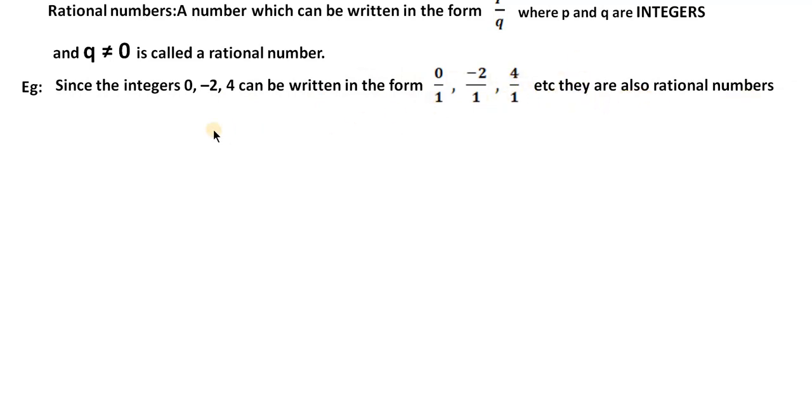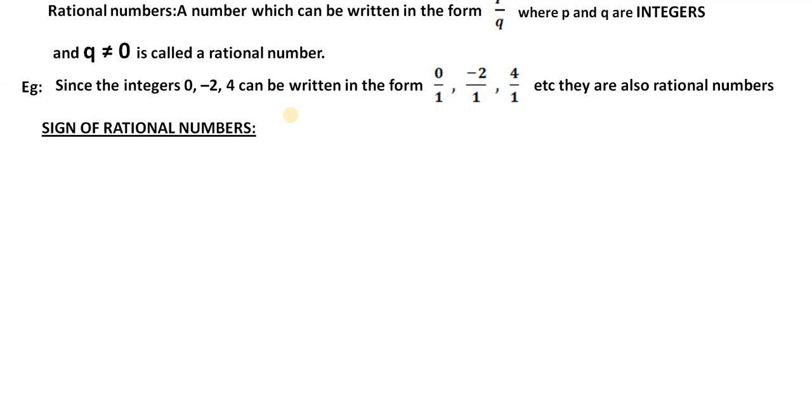Means every whole number is a rational number, every integer is a rational number, every fraction is a rational number, but every integer is not a fraction, because negative numbers are not allowed in fractions. When you say integer, -2 is there. -2 by 1 is a rational number, but -2 by 1 is not a fraction, because -2 is a negative number. In fractions, you admit only numerator and denominator both positive.